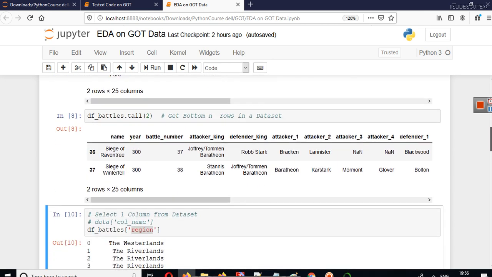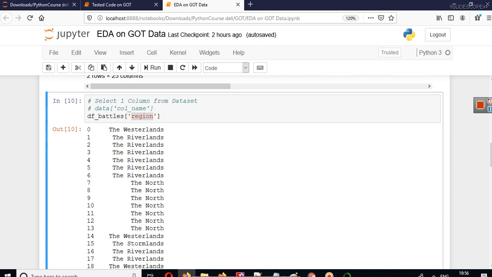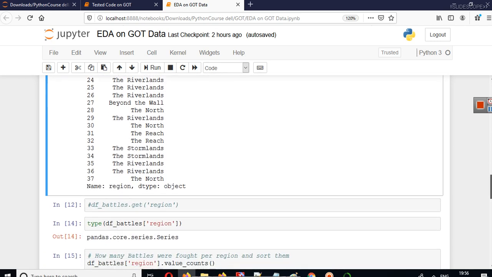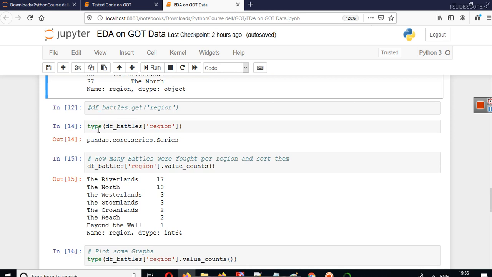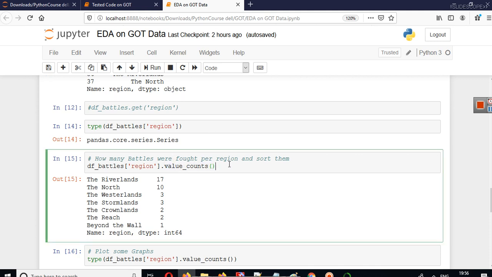So we did that. Now when you get this type of data, this is basically series data, because here we have selected only one column, and then I used the type function. Using the type function we can get the data type of any data, and on series data we can perform the value_counts method, and this value_counts method will tell you how many values there are in a particular data set.